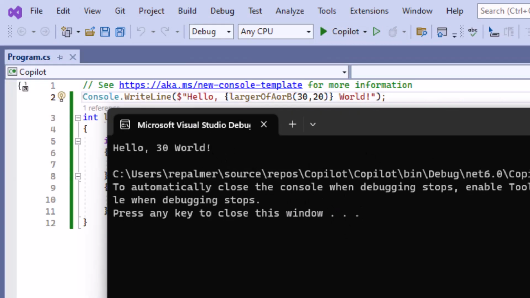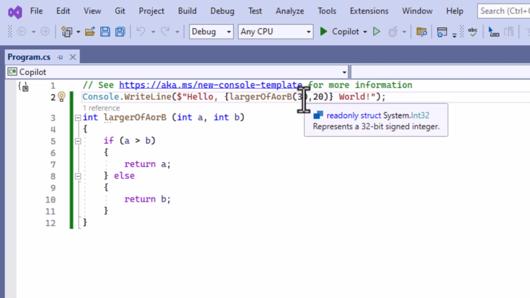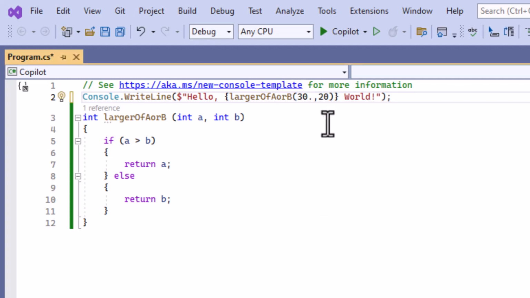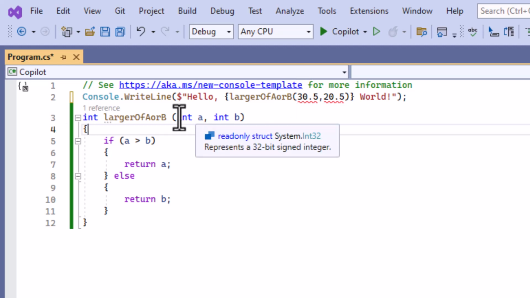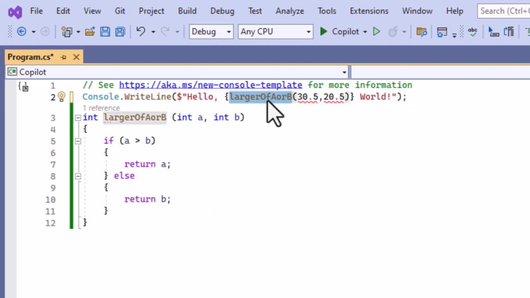So it worked. Now, I had a programming professor in college that said just because it works doesn't mean it's right. So let's suppose we say, well, my numbers are not even numbers, they're decimal numbers. So I'm going to put 0.5 in there. And all of a sudden I've got an error because this is an integer and this is not. So I'm going to take the position that this is one of those cases in which my professor was right, that even though it worked, it's not the right answer. And the right answer is